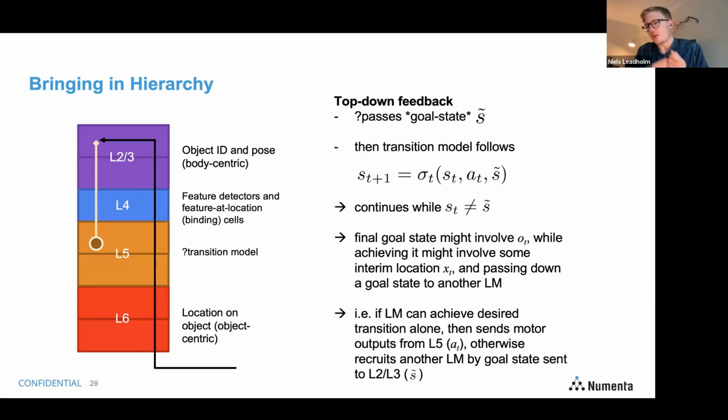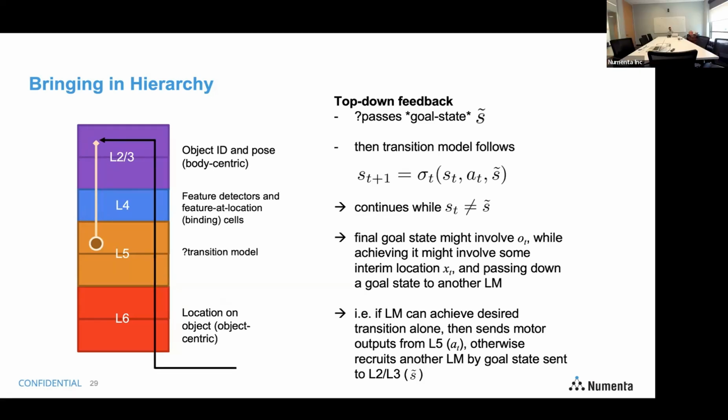And that final state, it depends on how it's specified, but most likely involves something about the representation at the L2, L3 layer, so the object level representation, but achieving it might involve some interim location XT. And so with the example of the stapler, maybe you're passing in this goal state, we want the stapler to be depressed. So then this learning module knows that in order to get it into that state,